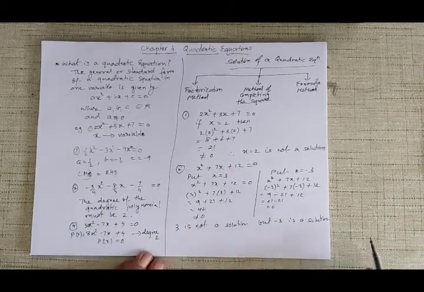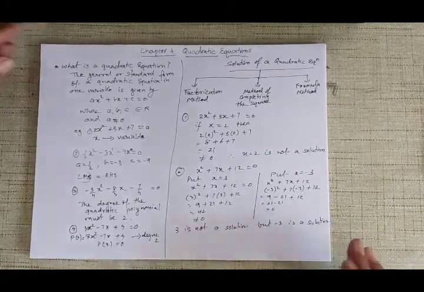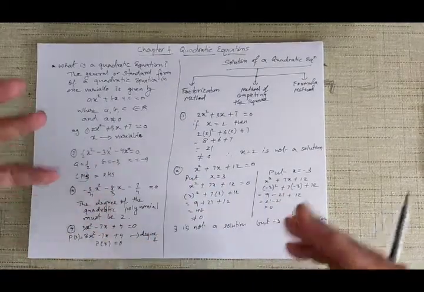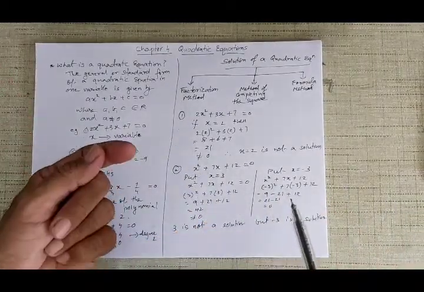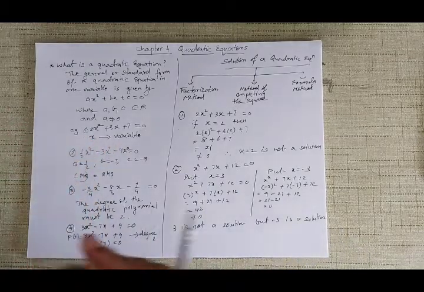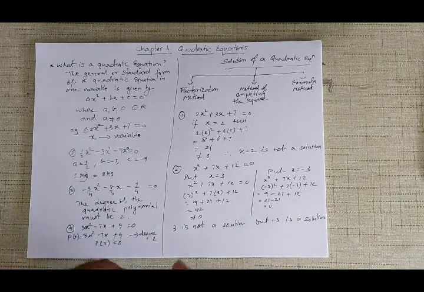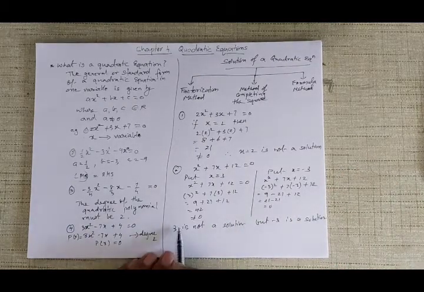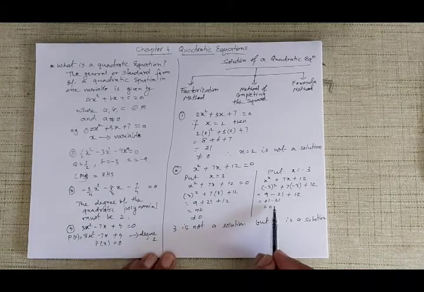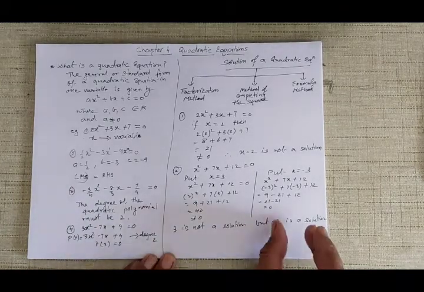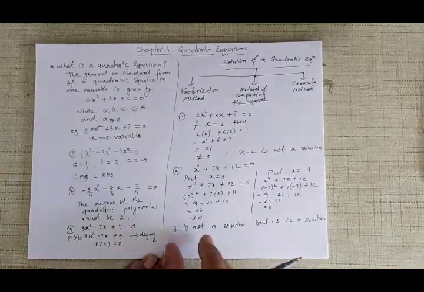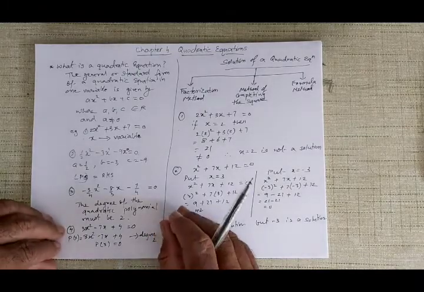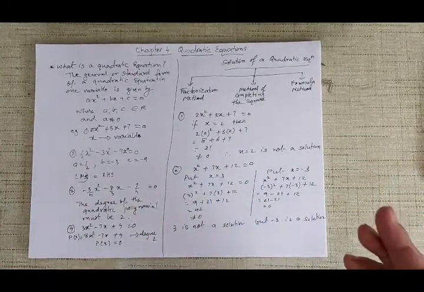In other words, what I am trying to explain to you is simple: for what value of x is this called a quadratic equation in one variable x? X is the variable, that is, only one variable x, and therefore this is a quadratic equation in one variable. Now what value of the variable will make it equal to 0? Here we have noticed that if we take 3, it is not equal to 0. But if I take minus 3, then it is equal to 0. So that means minus 3 is a solution of this quadratic equation, but 3 is not a solution of the quadratic equation.